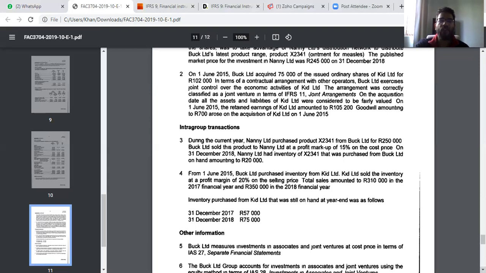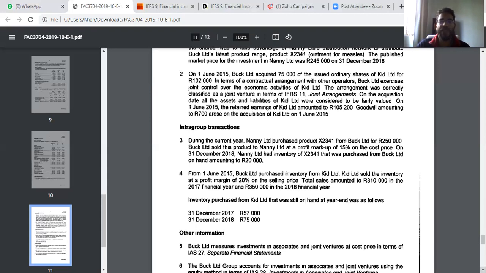When you have an intergroup inventory transaction, there are three, but in this case there will be two journal entries. If you made sales from the prior year already, then you will have three journal entries. But if there's only something in the current year, then you will have two journal entries. Journal entry number one is to remove the intercompany sale. Journal entry number two is to eliminate the unrealized profit, because you can see that Buck is charging a 15%